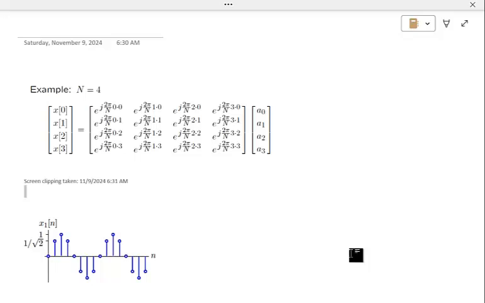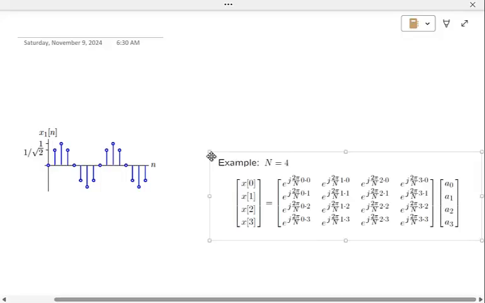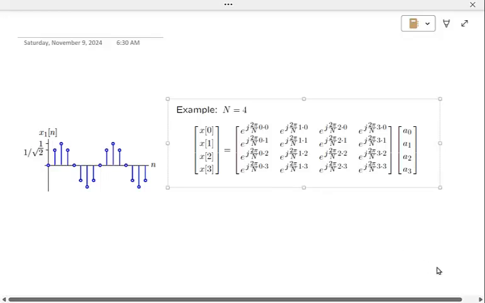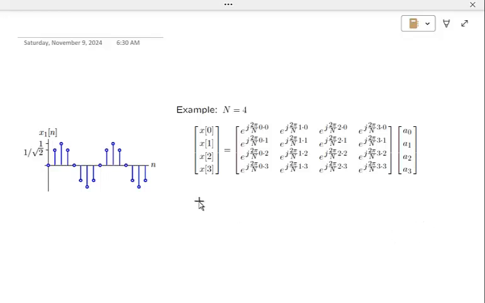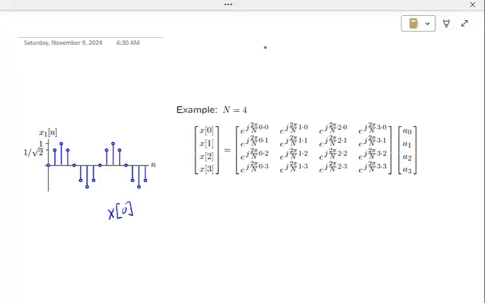So I want to set up a similar matrix equation for n equals 8. All right, so here I'm going to have x0 up to x7 instead of x0 up to x3. So let's get my drawing pen. We're going to have x0 up to x7, and that's going to be equal to, now